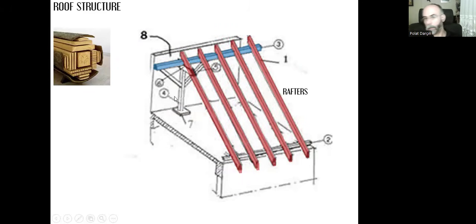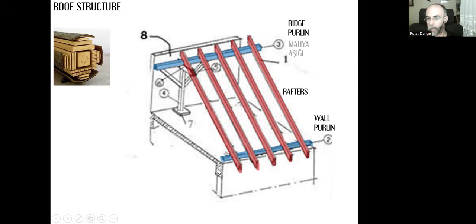And here you can see that the rafters are over the purlin, and there are two of them. So we can call one of them, the upper one, ridge purlin, because it creates the ridge line. And in Turkish, it's called mahya aşığı. And the other one, the eave